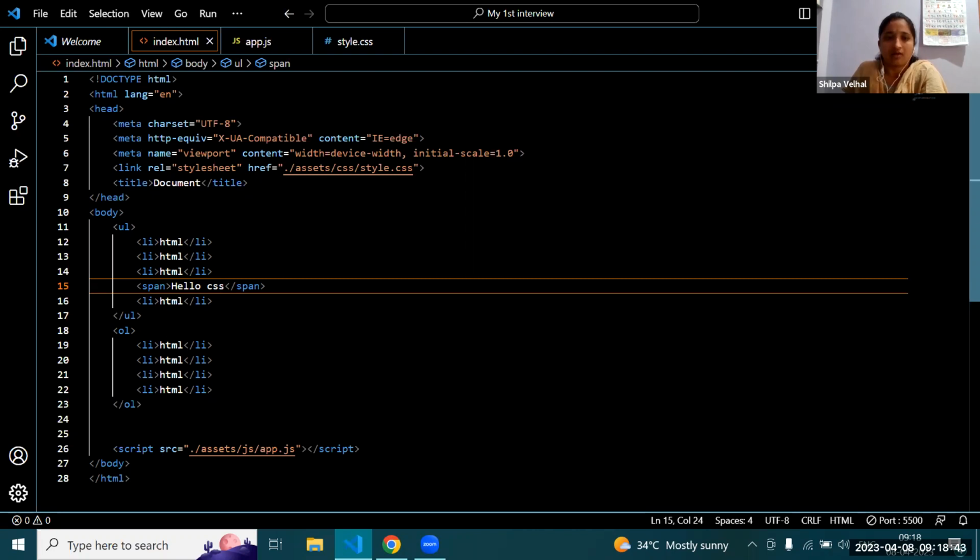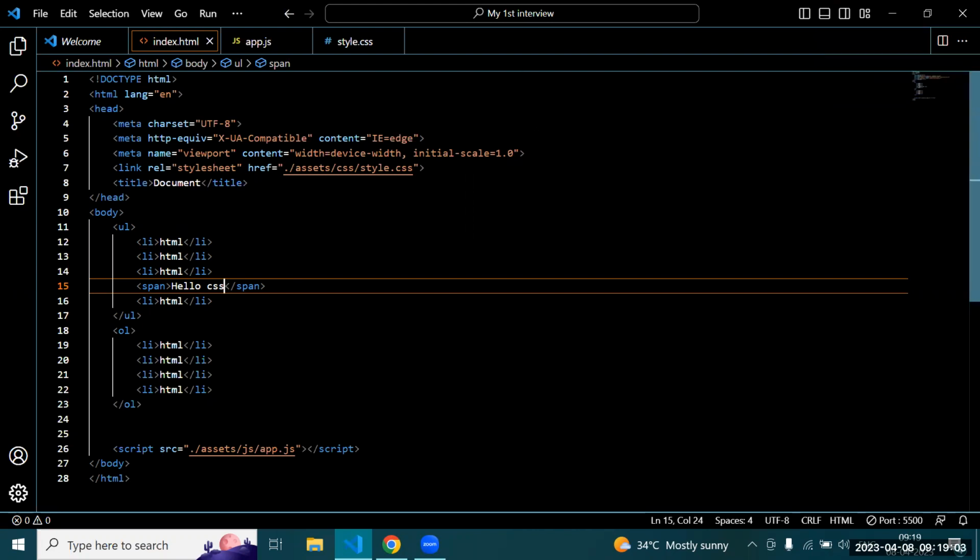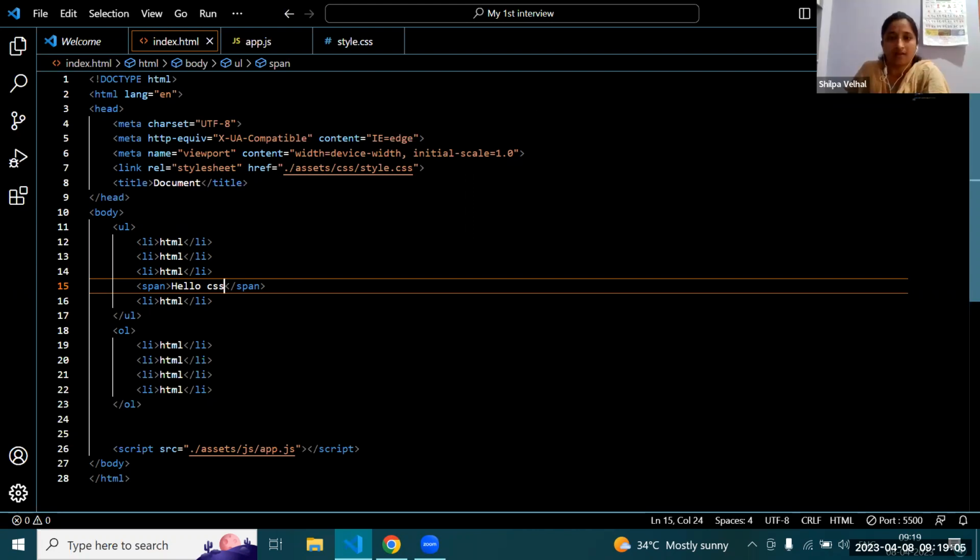And general sibling selector means all siblings of that element, like here span, li, we can take which we want. These are the general sibling selectors, and the symbol is tilde. And attribute selectors are 6 types, like attribute in square bracket, tag name. These specify only the attribute and tag name.